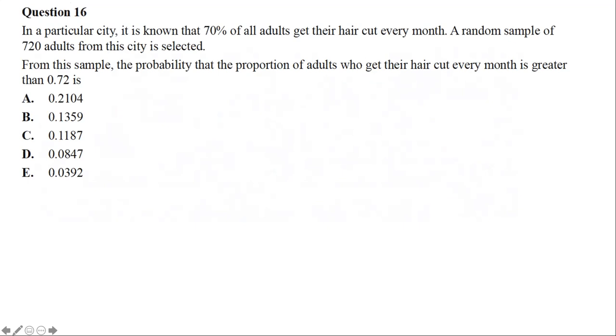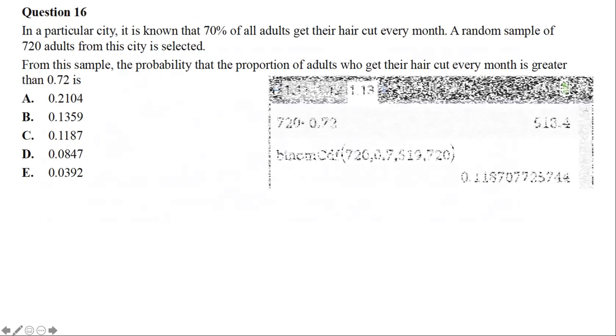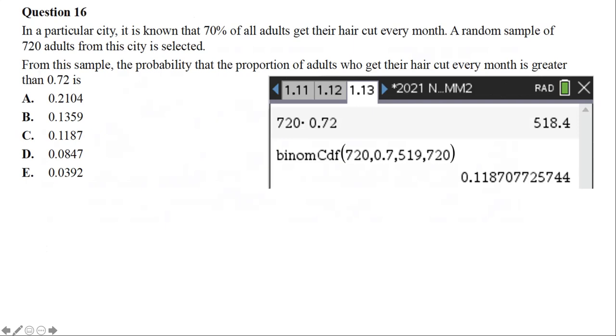Question 16. In a particular city, it is known that 70% of all adults get their hair cut every month. A random sample of 720 adults from this city is selected. So 0.7 is your population proportion, and 720 is your number of trials. We want the proportion of adults who get their hair cut every month to be greater than 0.72. So your p hat is greater than 0.72, and your x value, your desired number of people getting their hair cut every month, is